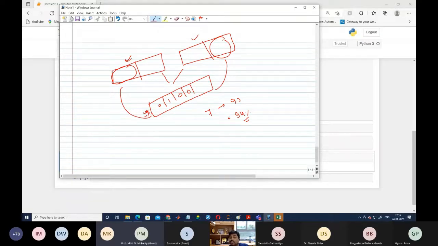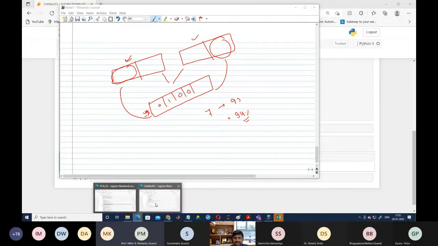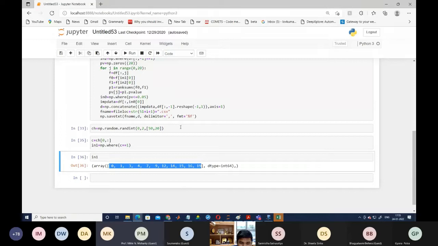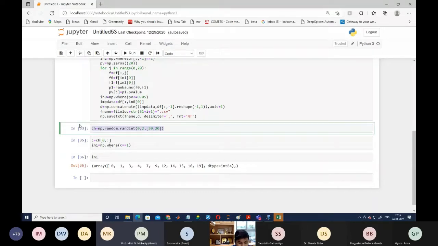So now we will write the code for crossover and mutation, and then we will also write the code for the fitness value. First we are going to define the code for the fitness value. Okay. So here you can see we are going to write one code for the fitness value. We are defining here, define fit value.